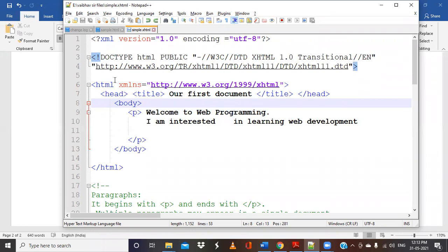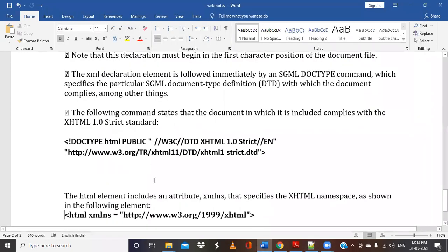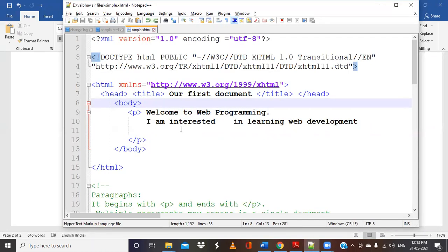Here, elements means what all tags we can use. So that can be identified by giving this, and it indicates the standard, which tags are included in this particular standard. That will be indicated with this HTML tag, or we can call it the HTML element.